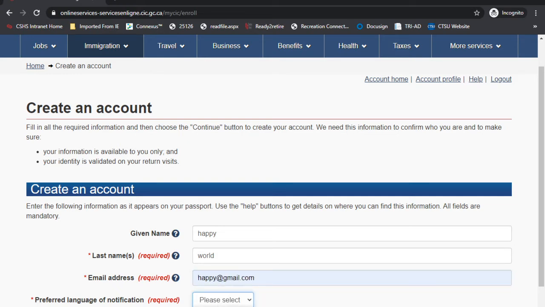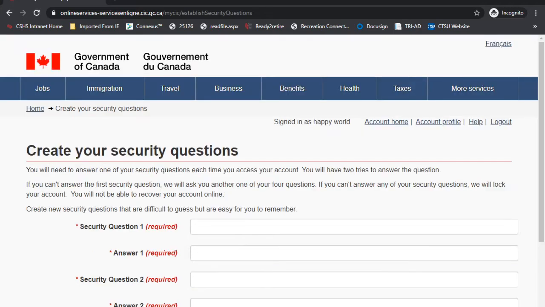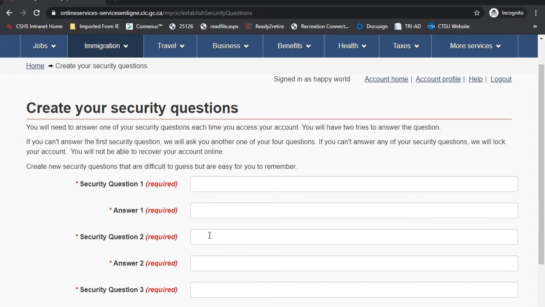Preferred language of notification. Then we have to type the security questions.